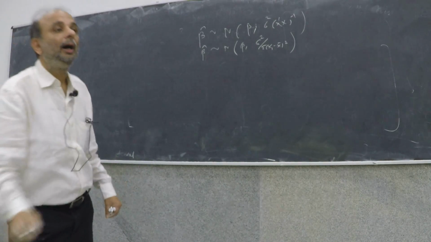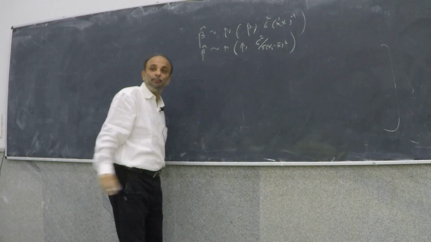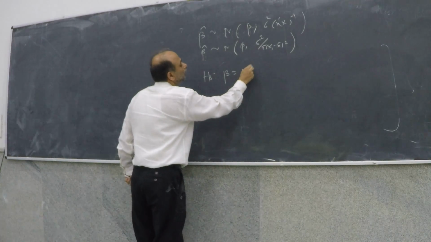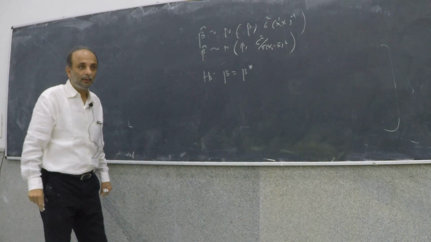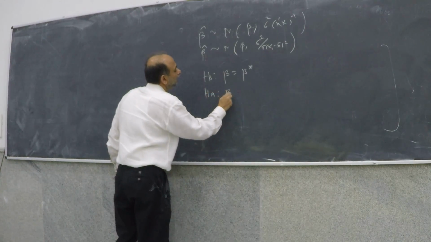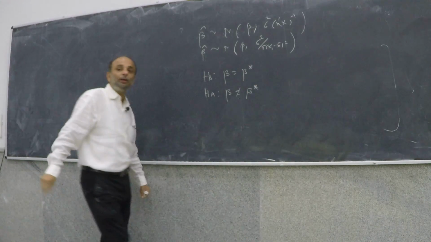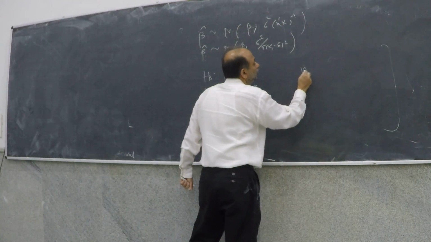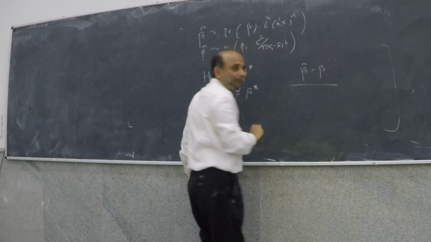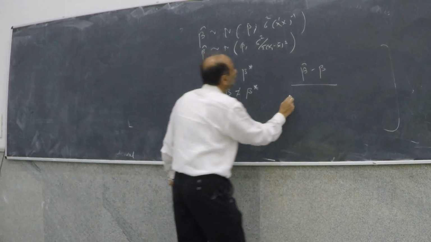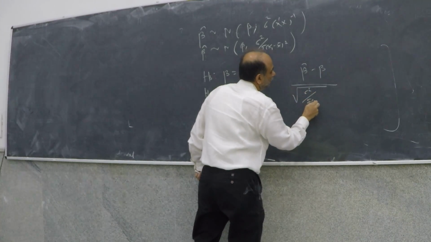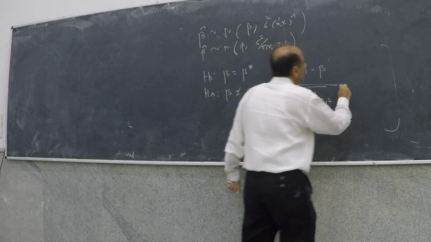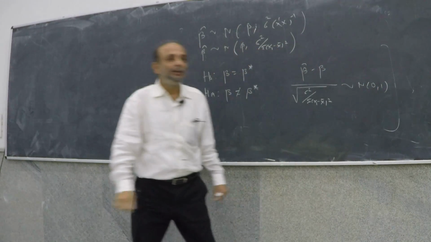Suppose now I want to take a test of hypothesis on beta hat. That is, my null hypothesis is that beta is actually equal to some value beta star, and the alternative is beta not equal to beta star. From this, what do you have? You have beta hat minus beta upon the square root of sigma square upon summation xi minus x bar square,